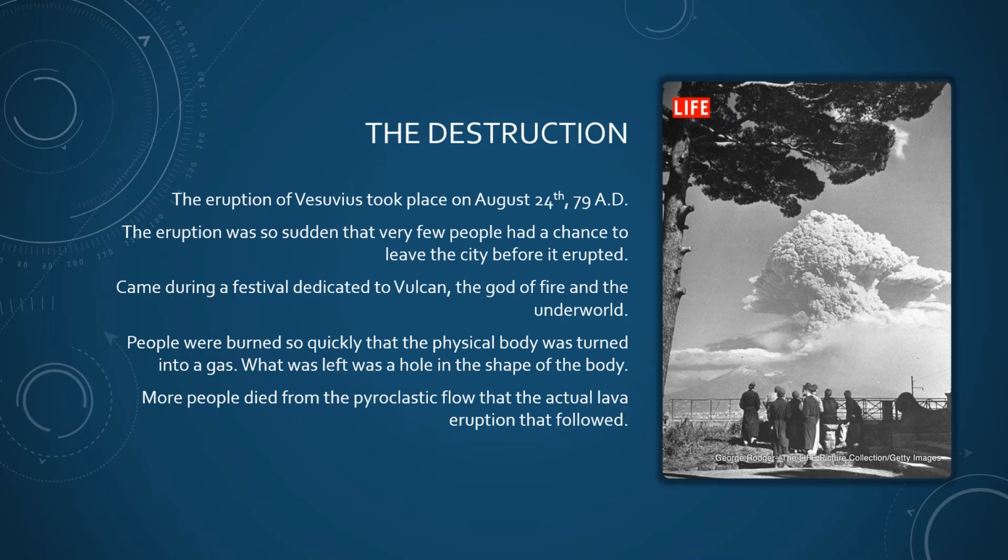But the eruption that we are dealing with today took place on August 24th of 79 AD. And the eruption was so sudden that very few people had a chance to leave the city before it did erupt. There were some warning signs, and there was about a 24-hour period that people could have left the city